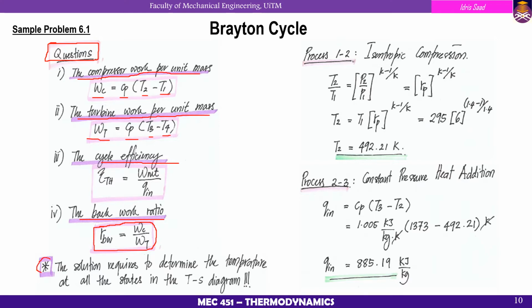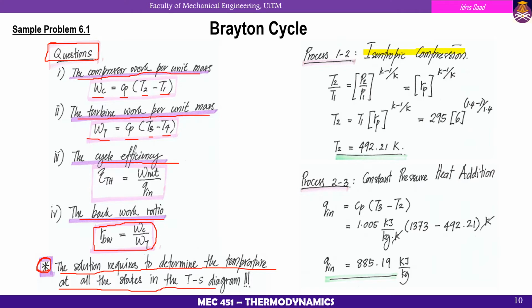Okay, so based on the equations given above, the solution requires us to determine the temperature at all the states in the TS diagram. So for the Brayton cycle, we need to calculate the temperatures. This is very similar to the Otto cycle and the diesel cycle. We need the temperatures because this is the air standard cycle. So what we have to do now is go one by one, process by process. So process number one is actually the